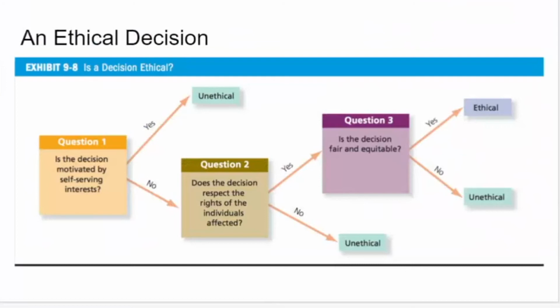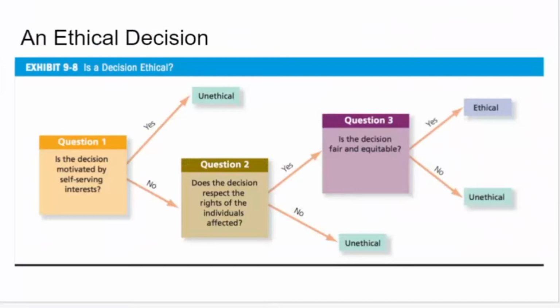Is the decision motivated by self-interest? I don't like the people that work for us, so I want to get rid of them. If that were the answer I had to give to that first question, I'm going to say that's pretty unethical, and I shouldn't do that. If the answer was no, I have no self-interest in whether or not people get laid off or not,